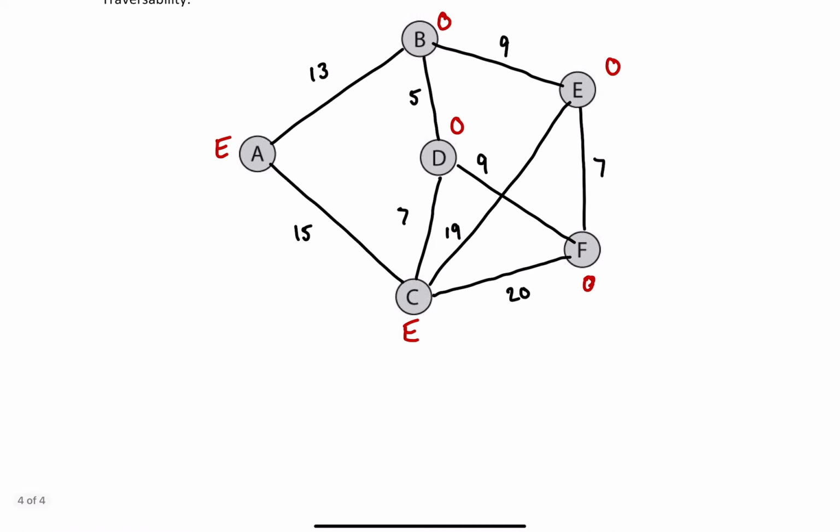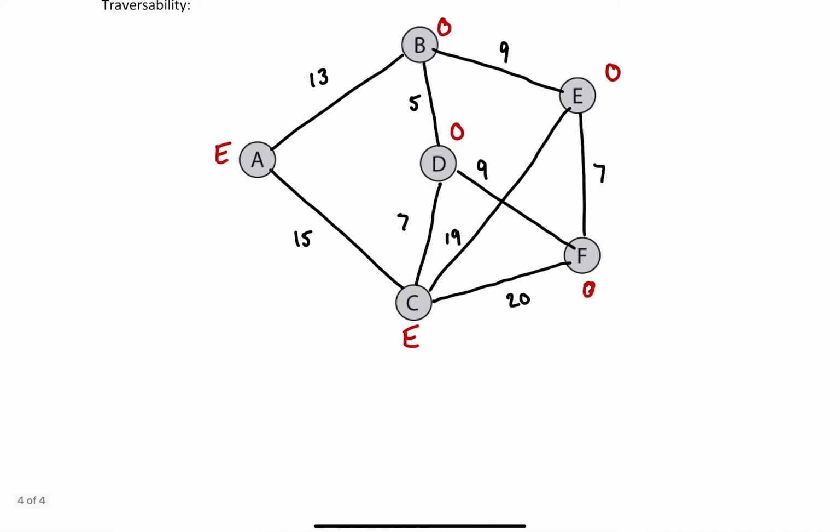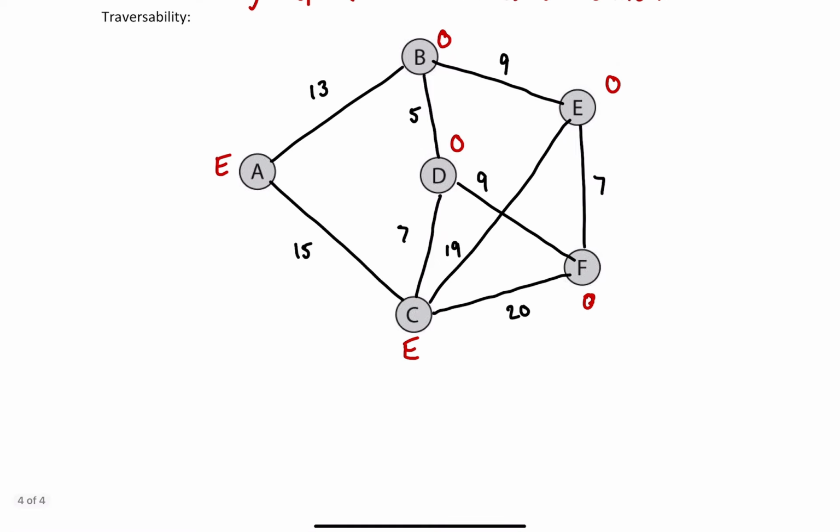So again, this would be based on context, so you'd need to understand the context you were given. So it could be, can the person drive along every road in their city without going along the same road twice, or whatever the case may be. So without context, we're just going to say this network is not traversable, as there are more than 2 odd nodes,